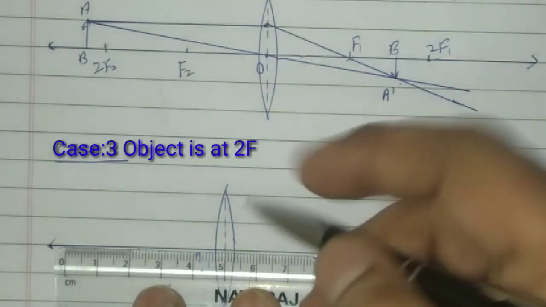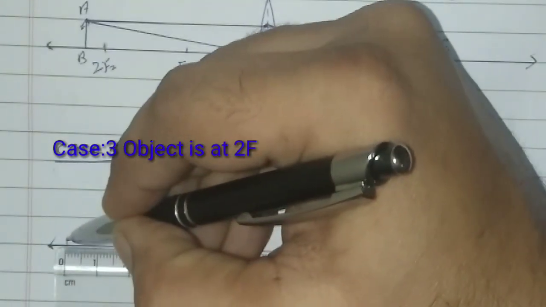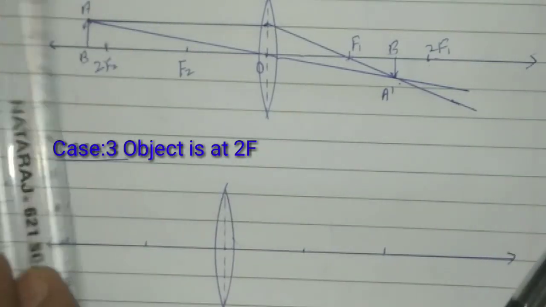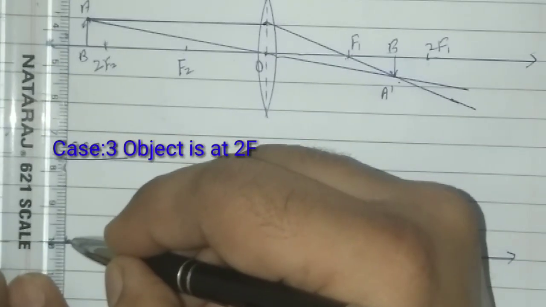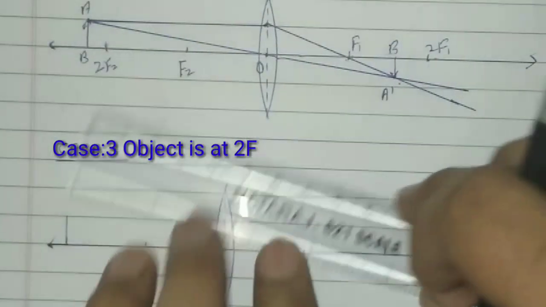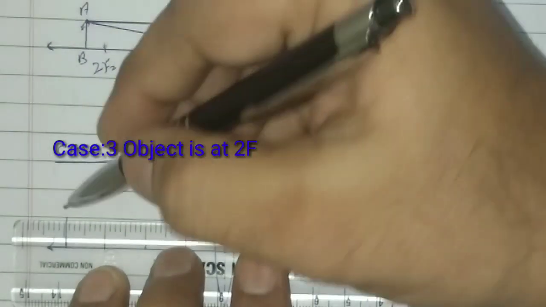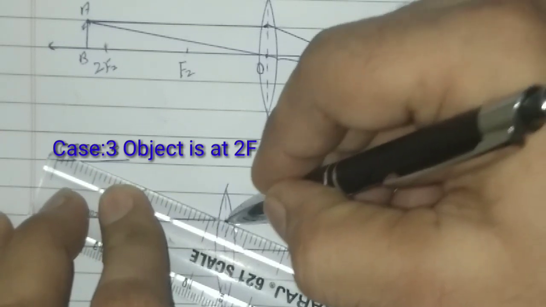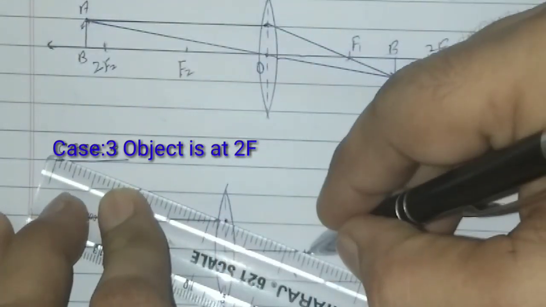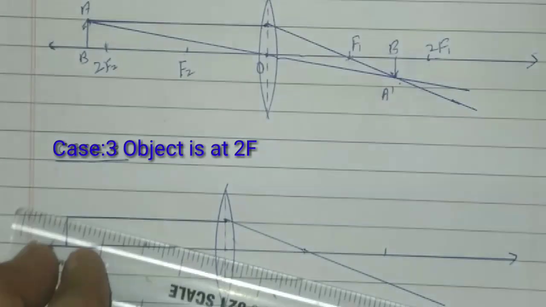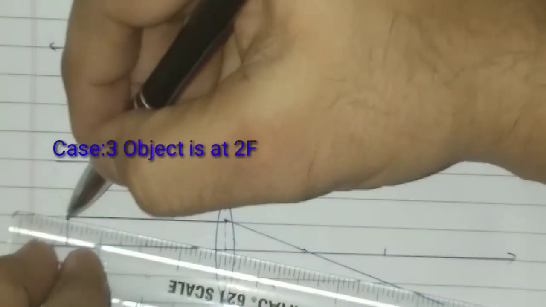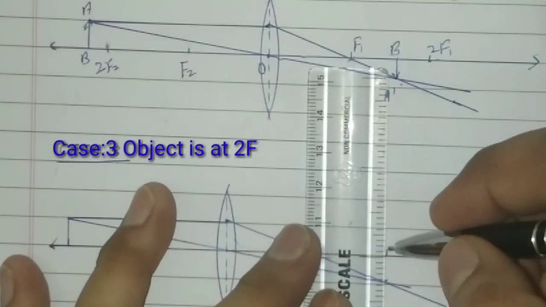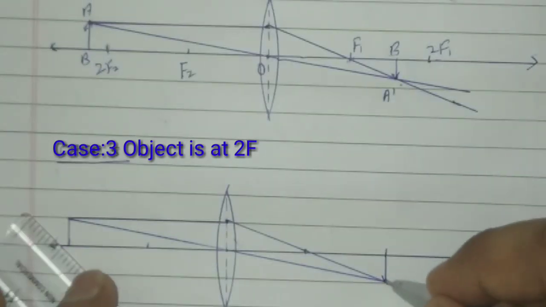Number 5, I am O, per accurate 5. Now this is 2.5, 5, 7.5 and then 10. Now the object is at C2. So place the object here at C2, perpendicular. Now the ray coming parallel to the principal axis, after refraction passes through the focus, and the ray coming through the optical center emerges out without any deviation, and they meet here. So in this case, the image is formed on C1.